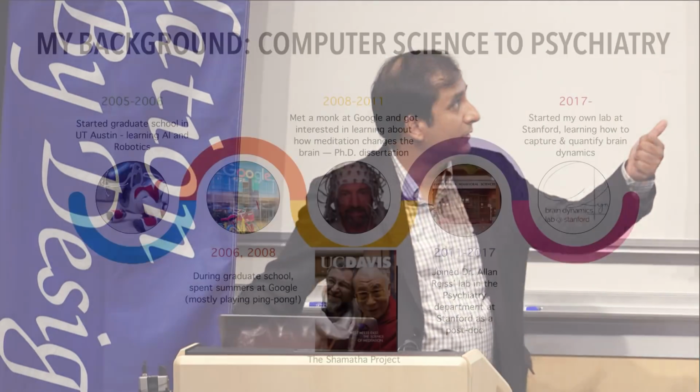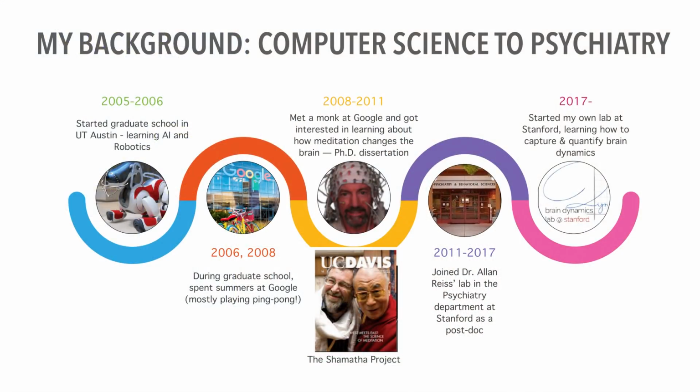Oh, by the way, this was the guy, Clifford Saron, who led this project, and you probably know the other guy on the right who's hugging him. And so that was my PhD work mostly. Whenever you get a taste of neuroscience, it's kind of hard to go back to boring computer science, I think. So I came to psychiatry and then started my lab here last year. We are mostly studying neurodynamics, brain dynamics, in a variety of psychiatric disorders.